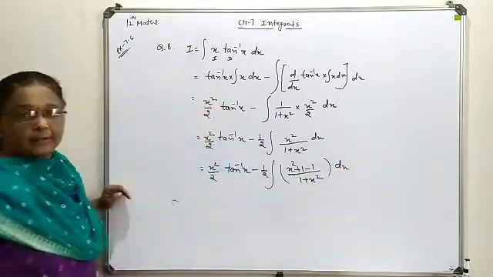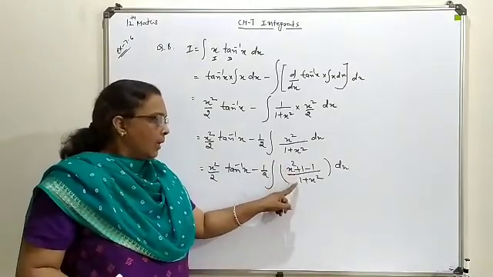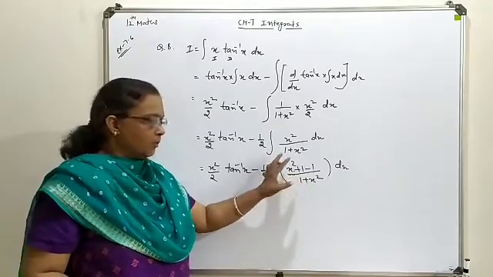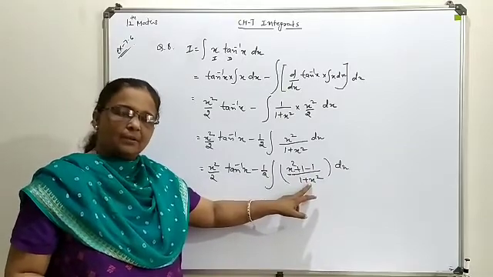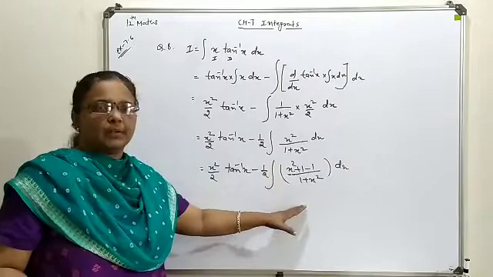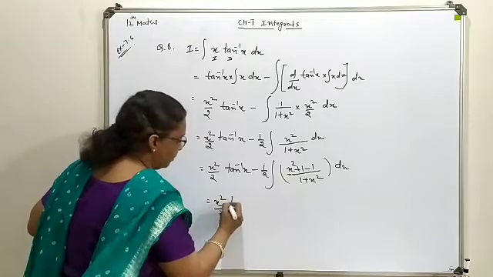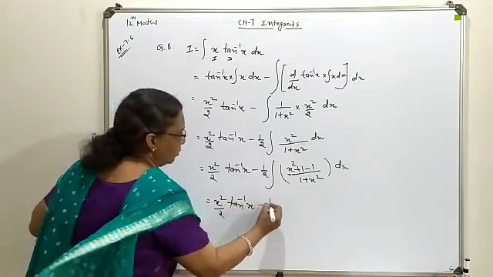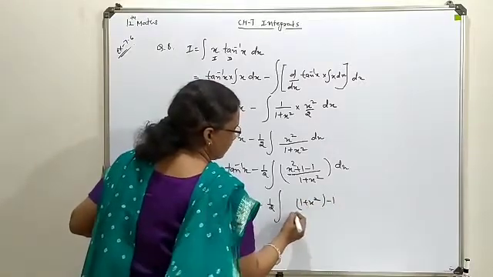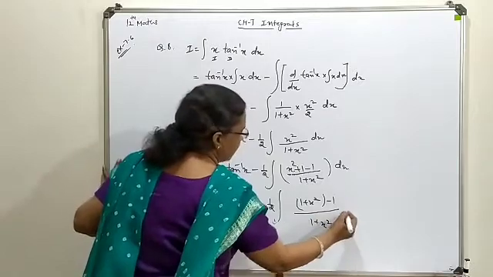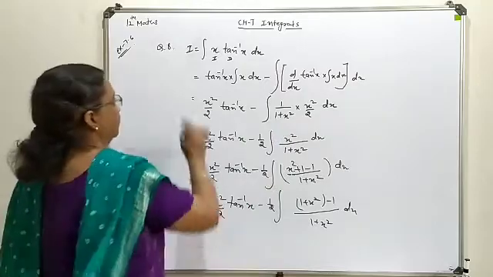You will be clear why I did so. I want to make this term separate, keeping x square plus 1 and 1 plus x square in the same combination, and under this minus 1 you keep 1 plus x square. So this way we are generating these two combinations here. So let them be separated out as two combinations as we are trying to generate over here. This is your 1 plus x square, combined within one bracket, keeping this minus 1 outside. This is 1 plus x square and dx. Now make these two terms separate for further handling.